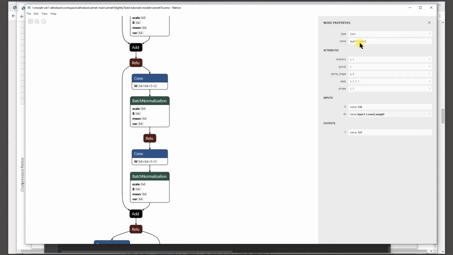It's called layer1.1.conv2. And this layer has, let's say, 64 input channels and 64 output channels. So you can see the output channels feed into the batch norm, which is 64. And these input channels come from this batch norm with 64 channels, but also match with the output channels of this convolution, which is layer1.1.conv1. Okay, so let's focus on these layers in the channel pruning